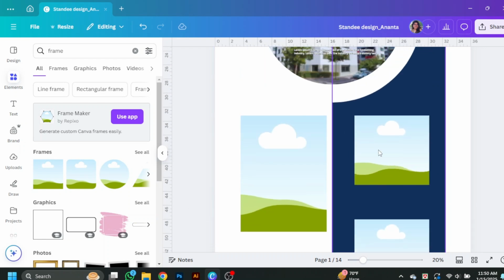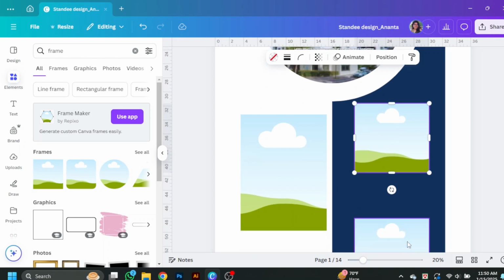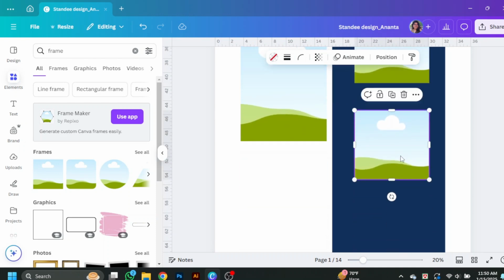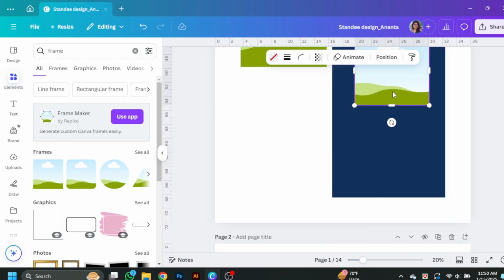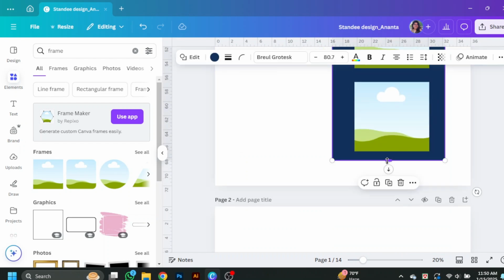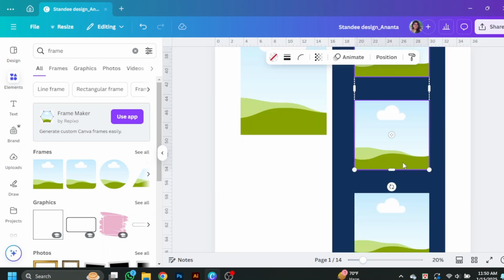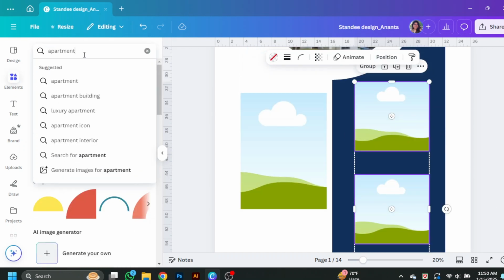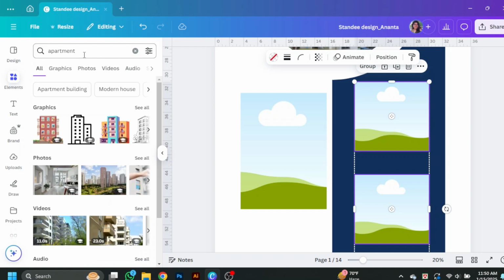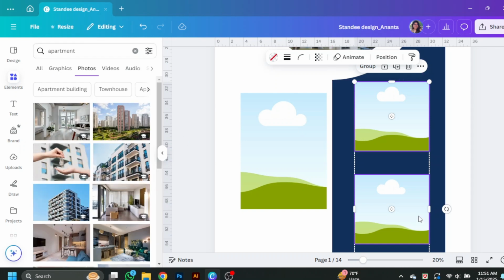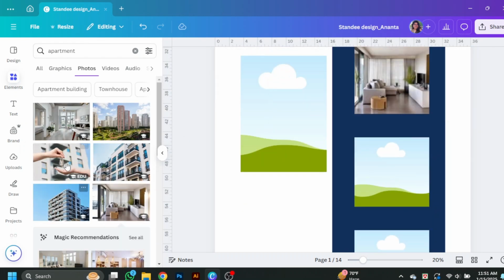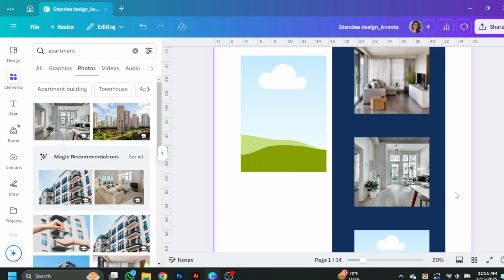Let's go to the elements and search for an apartment picture. Let's take these pictures and adjust them in all the frames. After adjusting the pictures,